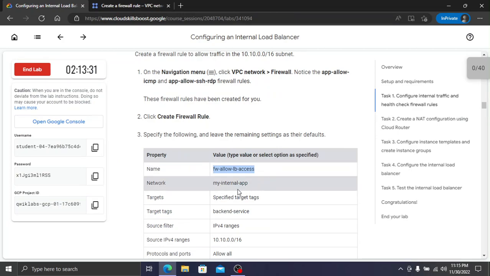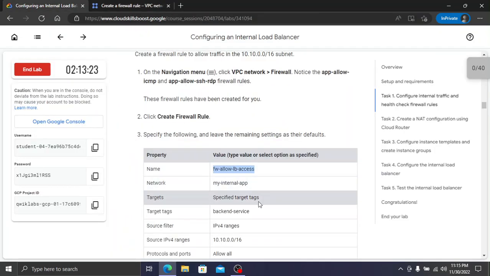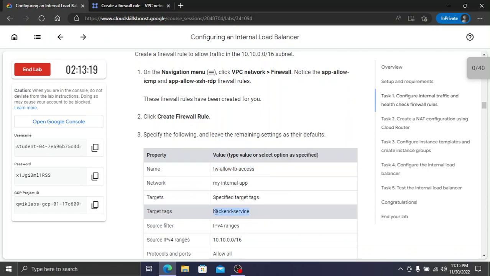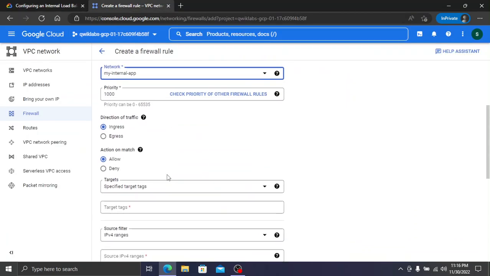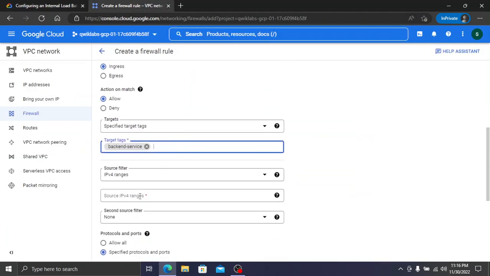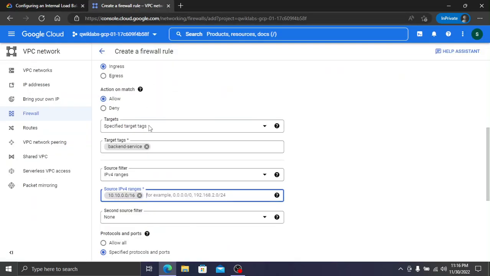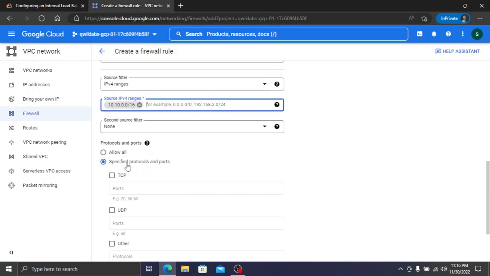So this is the name, and for the network we will go for the second one, my internal app. This is the target tag, so copy it carefully and paste it inside this target field, and this is the IP range, so copy it and paste it in the range field, and protocol all, allow all,